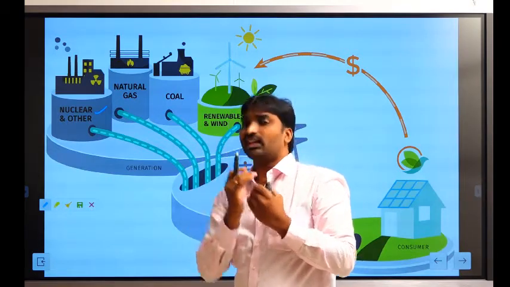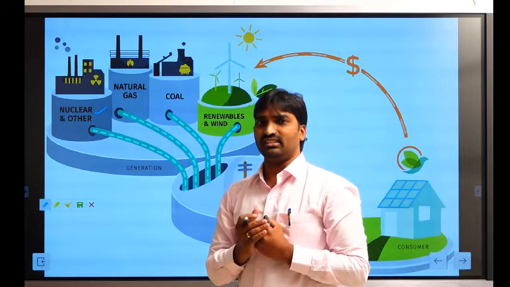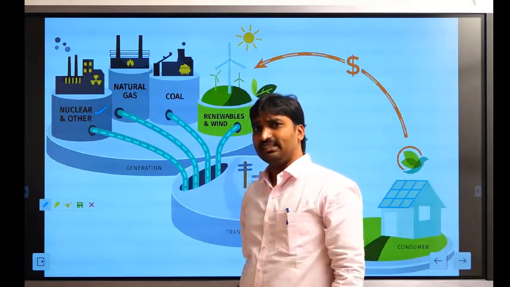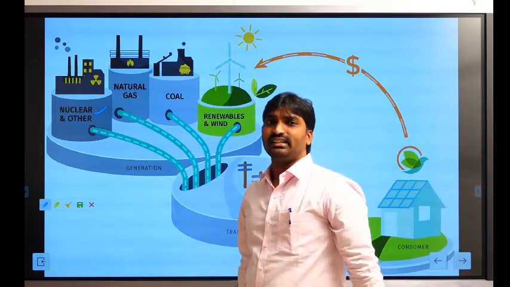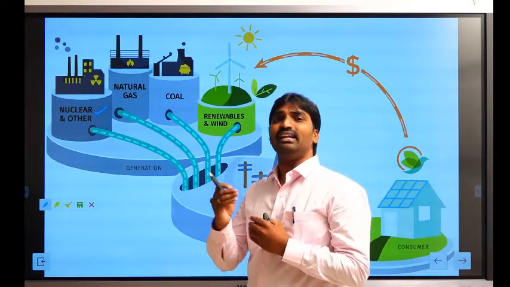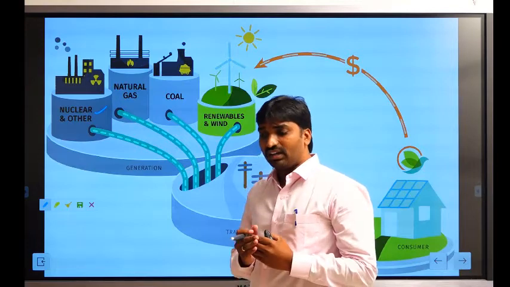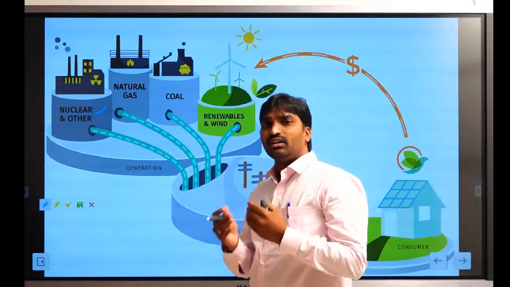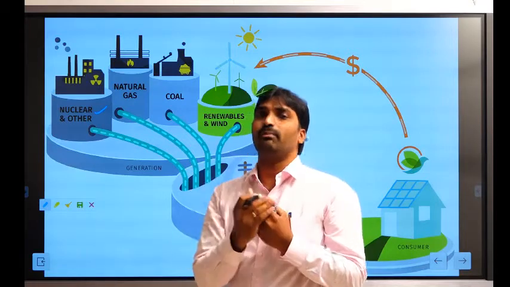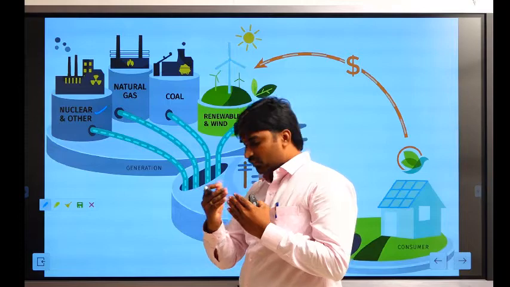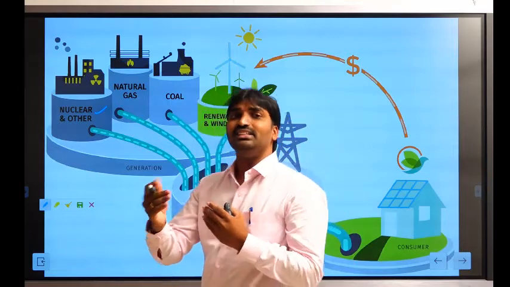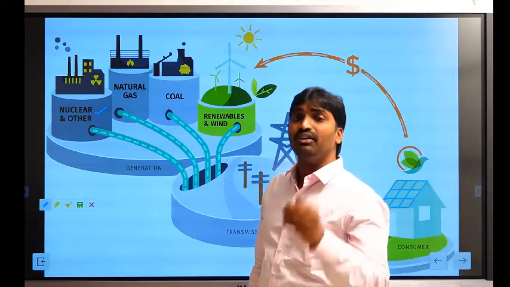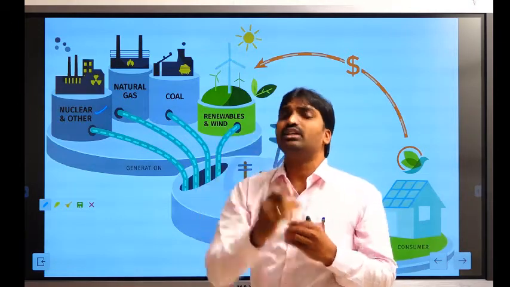Here is how the electricity is generated. Electricity is generated by conversion of mechanical energy. So first we need some mechanical energy. How can we generate that mechanical energy? Does water directly have mechanical energy? No, water doesn't have mechanical energy directly. Then how can we convert water into mechanical energy? First we convert the water into steam. When the water is converted into steam, the steam has high kinetic energy compared to the water. That's why we convert the water into steam.